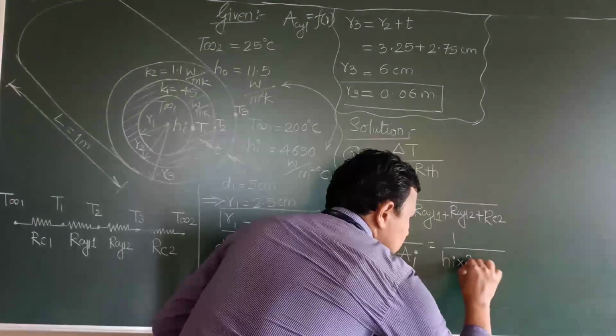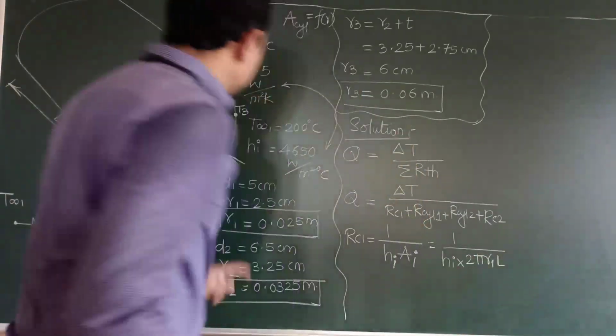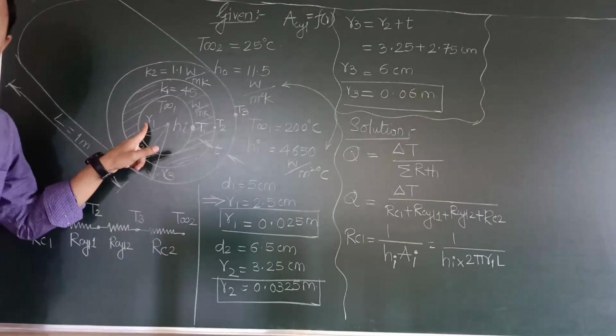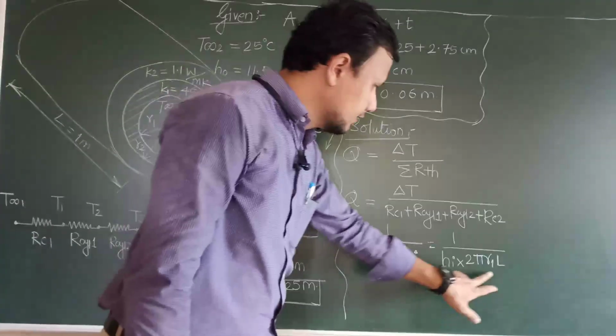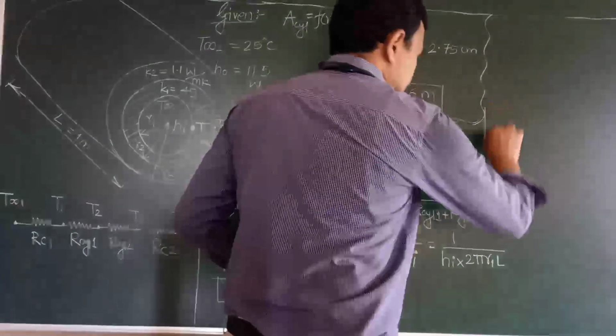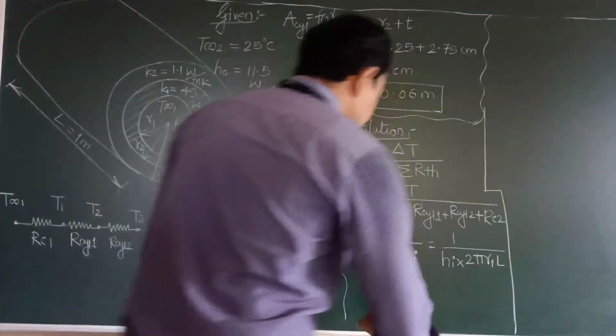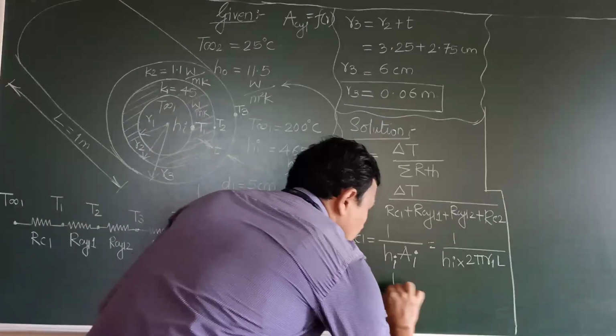So it will be equal to 2 pi R1 L, because R1 is the innermost radius. Now we have all the parameters, we have the mathematics. Now we will substitute the values. So what do we get? It is equal to 1 upon